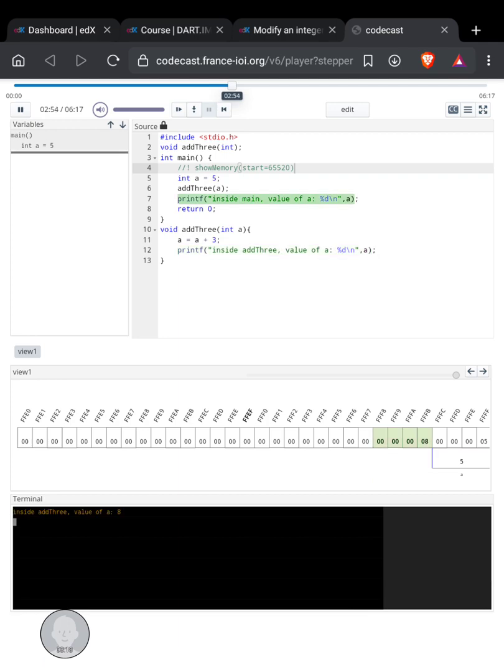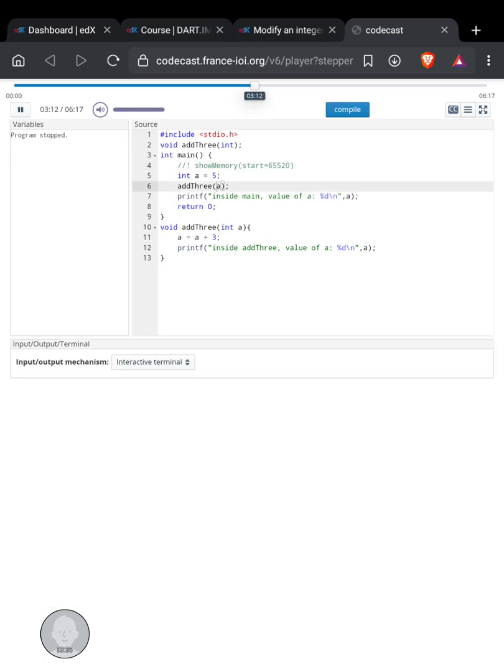But when we go back inside the main function, the original a was not modified. So the printf prints inside main value of a is still 5. It was not modified. And that's when you want to use pointers. So instead of using the value of a directly, we will use the address of a. So here, instead of integer, I need a pointer, I need an address. So int star, meaning that we will get as a parameter an address, and at this address there is an